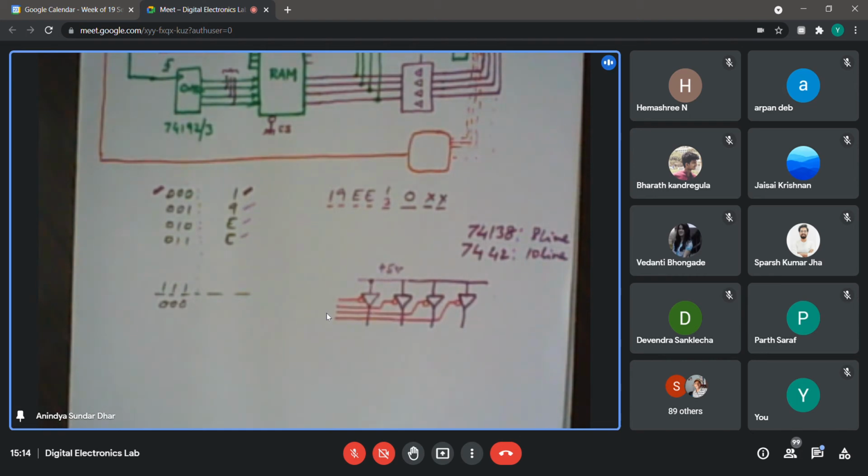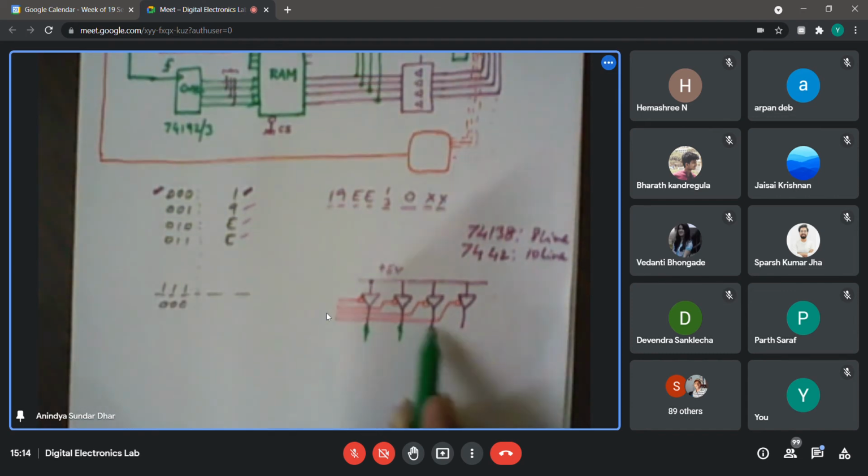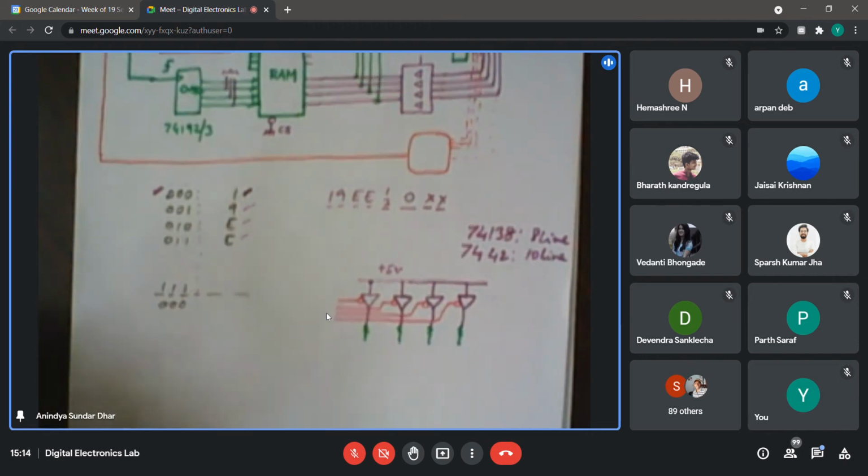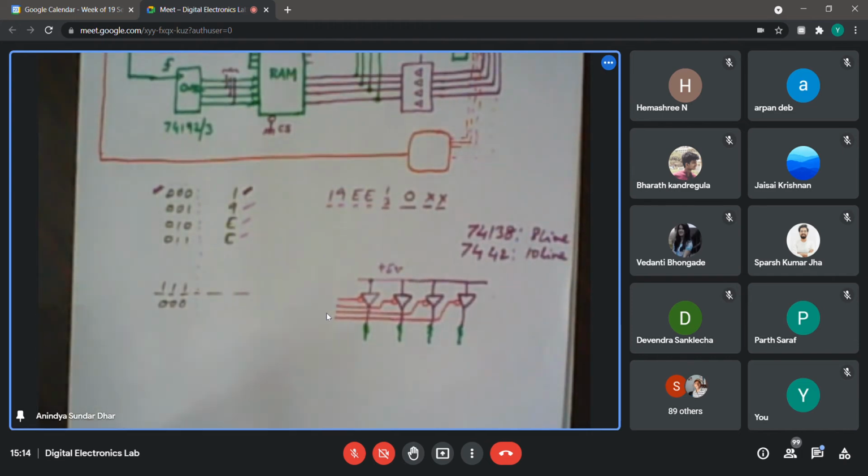But just check maybe with one display and one buffer first, that if you make such a circuit, whether it works or not. Okay, so maybe a buffer with a resistor over here. In the simulator, you may put no resistor, but in practice, I think certainly it will blow out the display. So whether I need to connect the resistor at the output, or I can shift it to the input of the buffer as well.